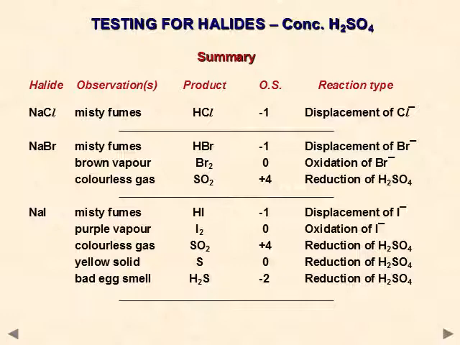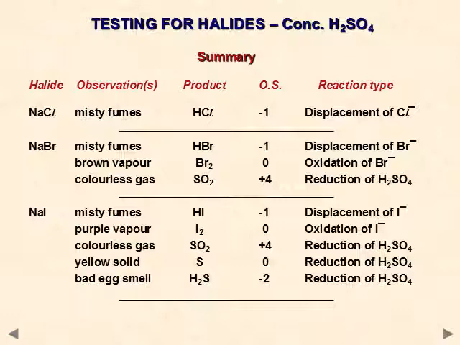When you add sodium bromide to sulfuric acid, first HBr is formed. HBr is a strong reducing agent and sulfuric acid is a strong oxidizing agent, so they both go into a redox reaction. Sulfuric acid will cause bromide ion to oxidize to form bromine, whereas sulfuric acid itself gets reduced to sulfur dioxide from +6 oxidation state to +4, and you will see that HBr also forms misty white fumes, bromine will form red brown vapors, and a colorless pungent gas of sulfur dioxide will form.